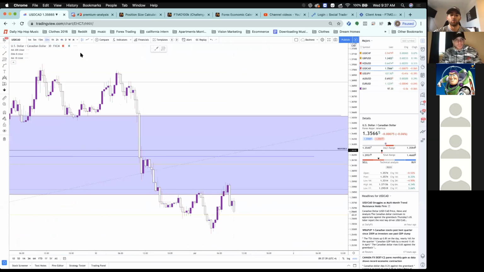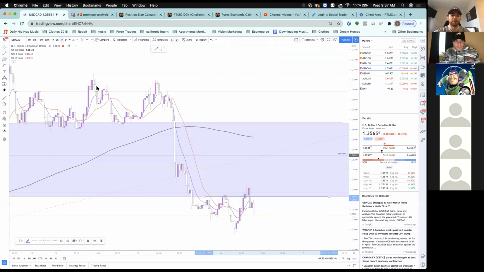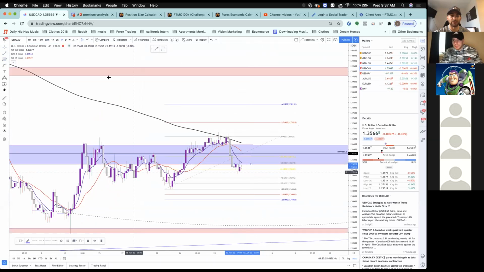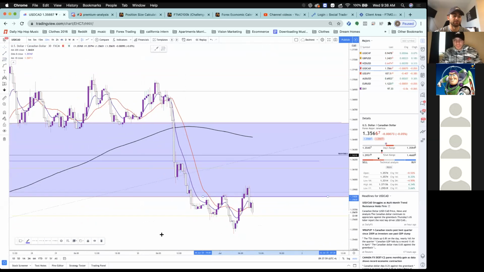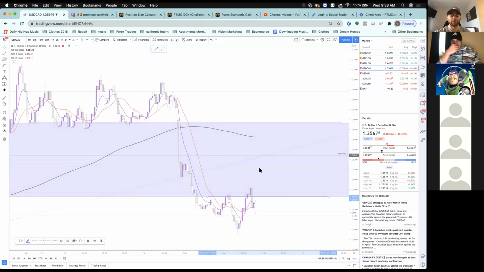Another way to anticipate that higher low forming is these lower time frame levels. As these start to break and form new highs, these will then become 4-hour engulfings, morning stars, bullish variations. So that's how we can anticipate the move on the lower time frame. So on UCAD, honestly, I'm just going to wait on the 4-hour.